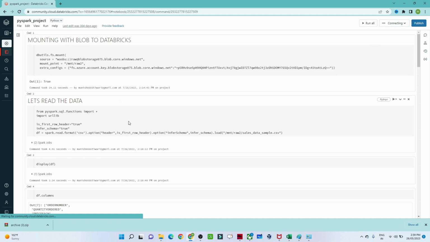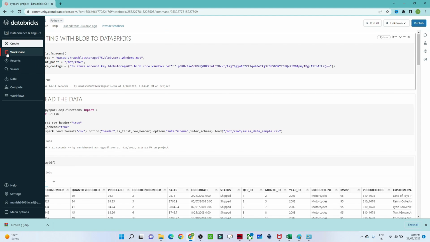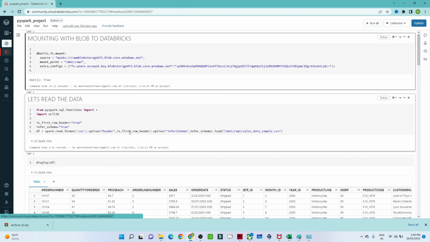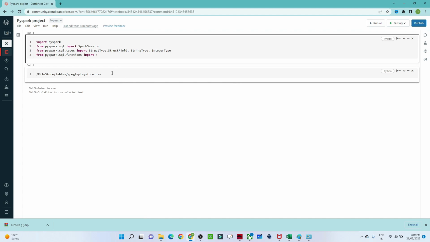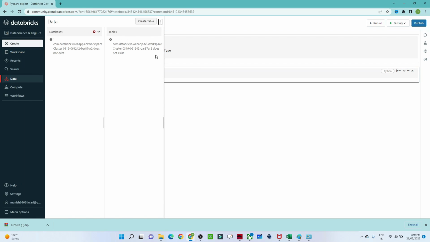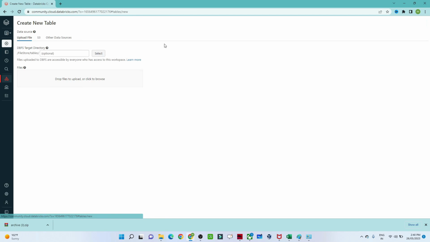So this is the PySpark project, yeah, this one. In this particular location we have loaded the data from the data folder. Once you load the data, let me show you. Click on create table, click on upload. If I upload this file,